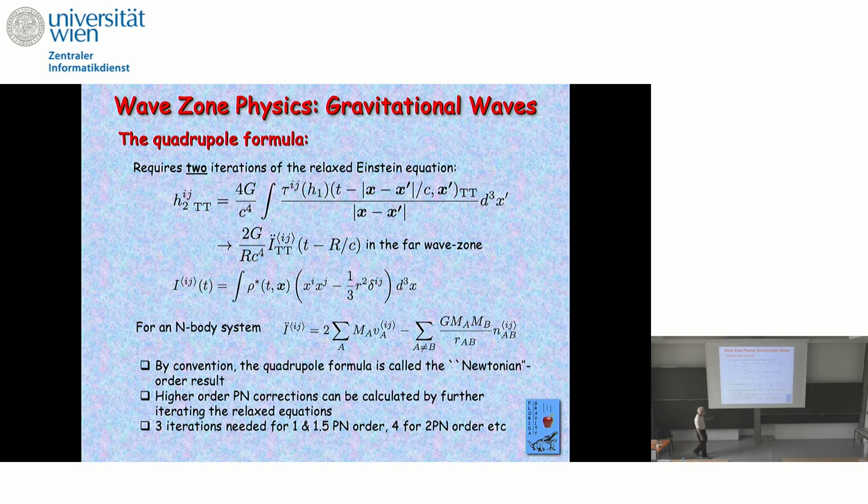In fact, you need to iterate 3 times in order to get the first post-Newtonian corrections and something called the 1.5 PN corrections. You have to iterate 4 times to go to 2 PN order. And I can tell you today that people in this business, mostly Luc Blanchet and his collaborators in Paris, are at 4.5 post-Newtonian order in calculating the gravitational wave signal for